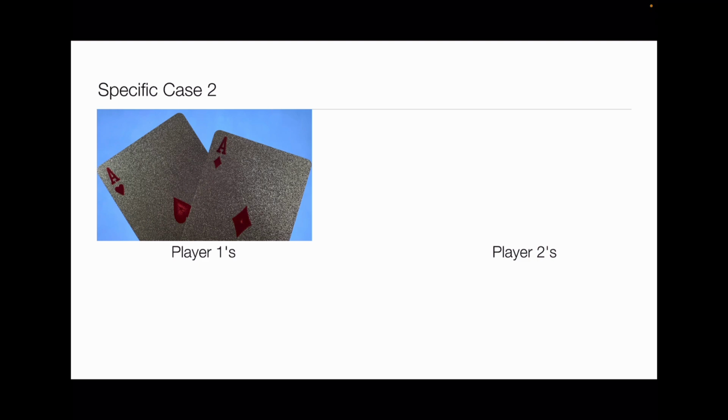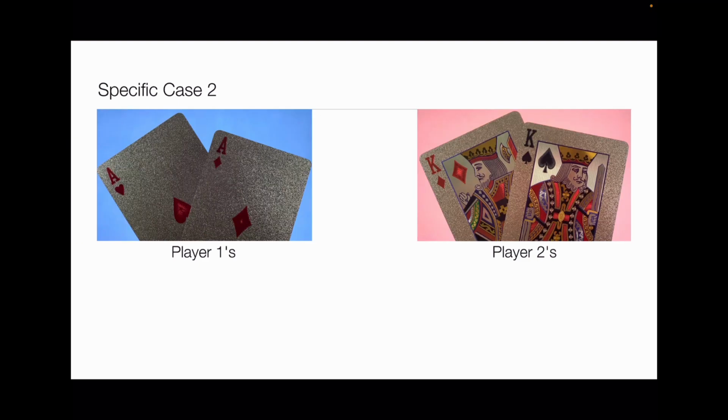The second game is even more dramatic. Player 1 gets Ace of Hearts and Ace of Diamonds, while player 2 gets King of Diamonds and King of Spades. Although player 2's cards are great if we look at them separately, it is not easy for him to win since his opponent is even better. This gives player 1 a winning probability of 82%, which is way higher than player 2's. Both players choose to raise